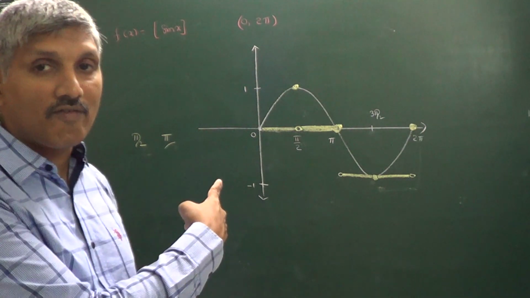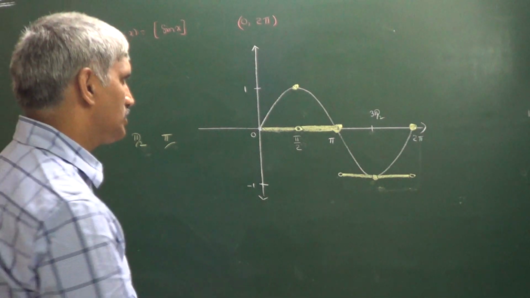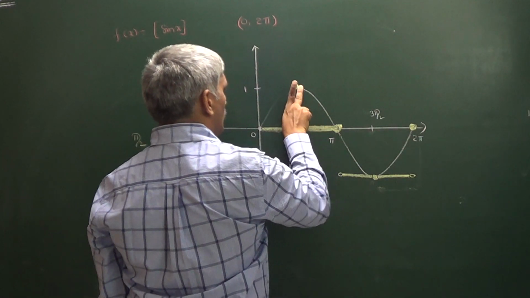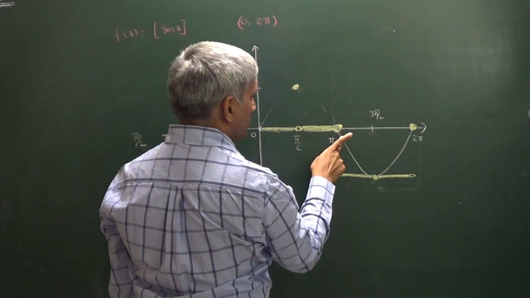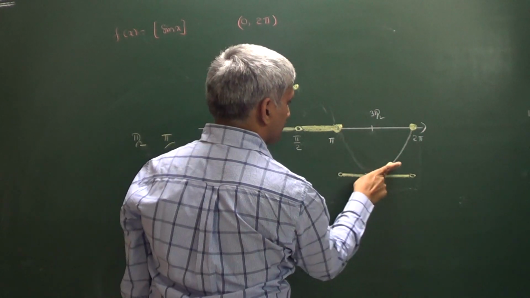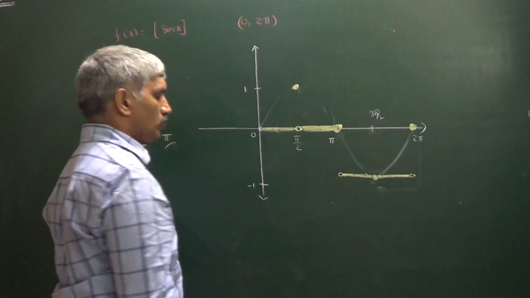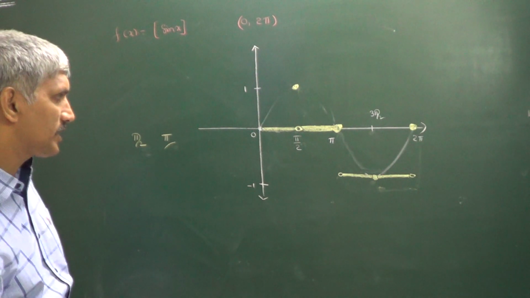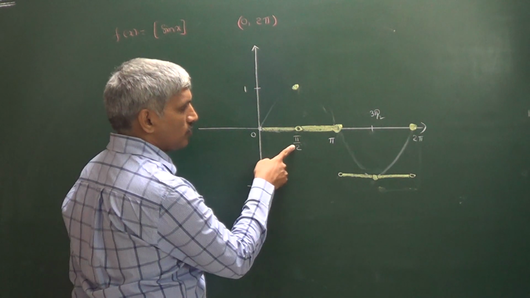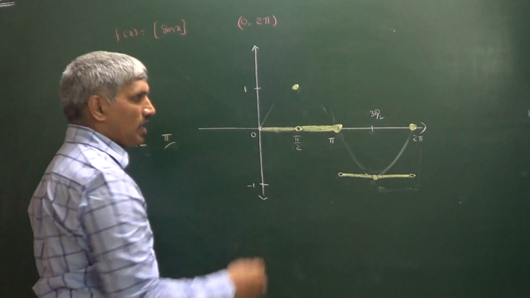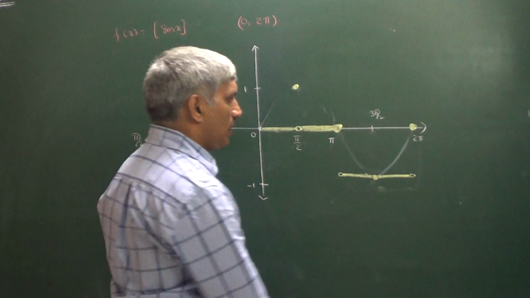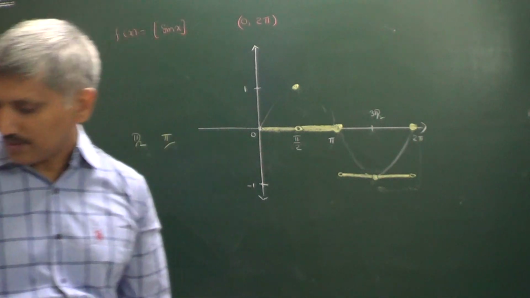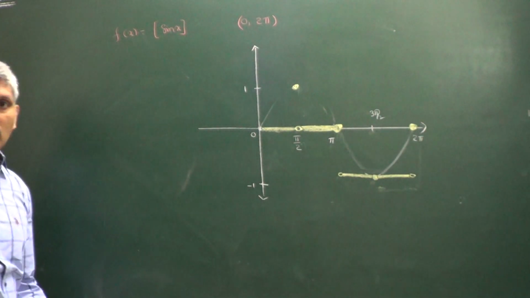So you can observe the graph of the integral part of sin x. If you remove this portion, clearly you will get the graph of the integral part of sin x. The portion which I represented with yellow is the graph of the integral part of sin x, which is discontinuous at pi by 2 and at pi. But can you tell me at 2 pi also? Because it is the open interval 0 comma 2 pi, no need to bother about 2 pi. So that is about the integral part of sin x.